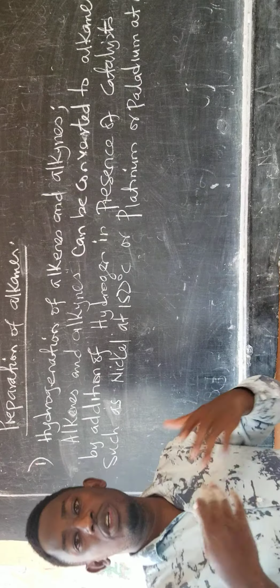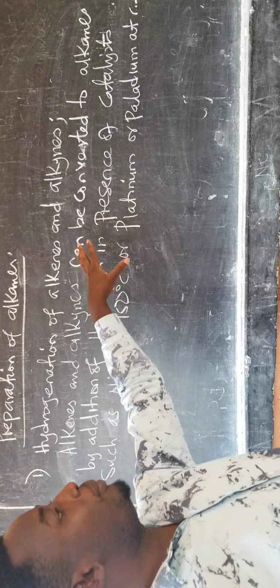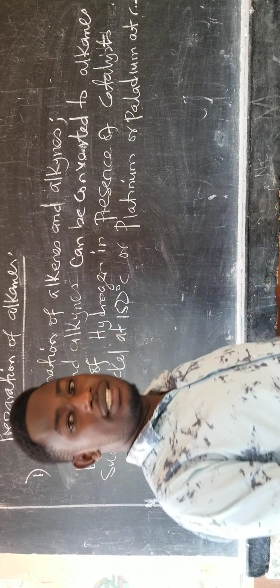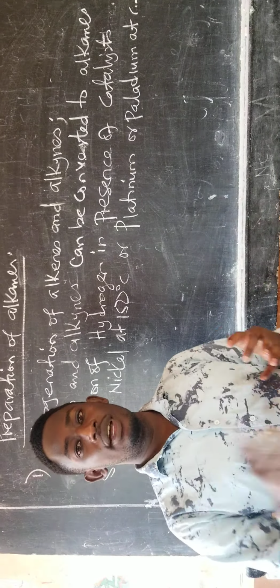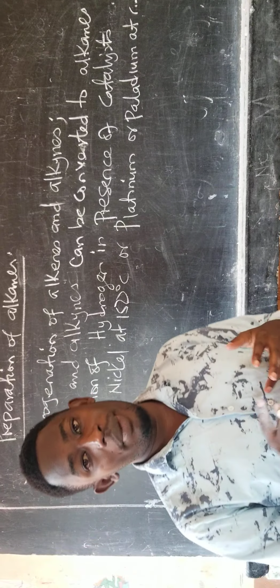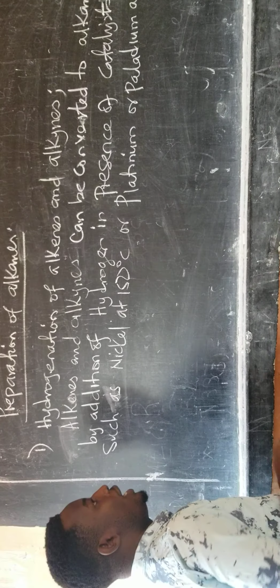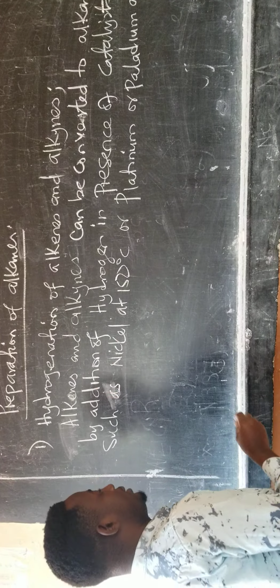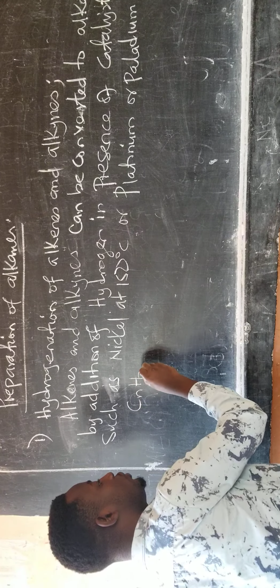Like the word suggests, hydrogenation is the addition of hydrogen atoms to a compound. Of course, this is only possible in the presence of a catalyst. We can either use nickel at 150 degrees, or we can use platinum or palladium at room temperature. For example, if you have an alkene of general formula CnH2n,